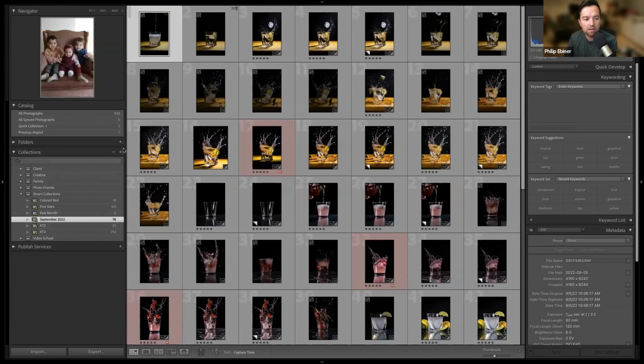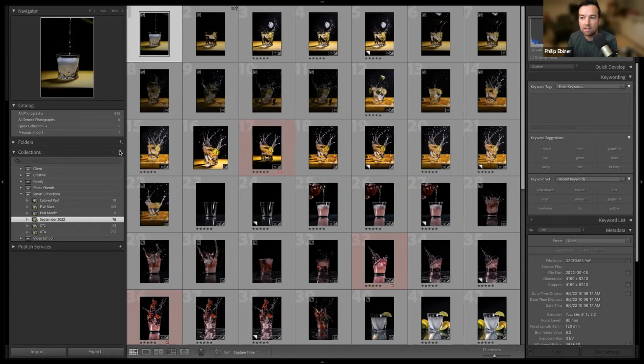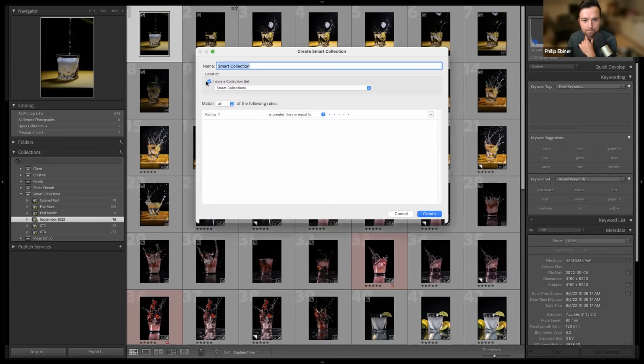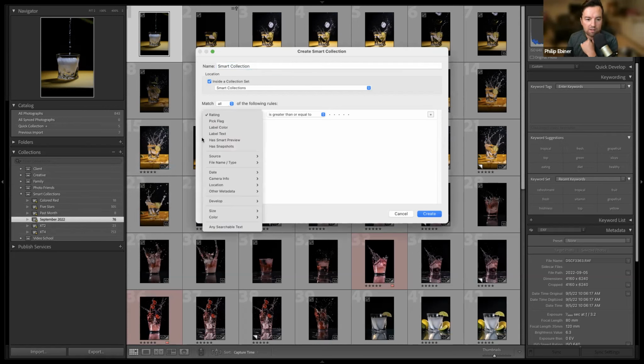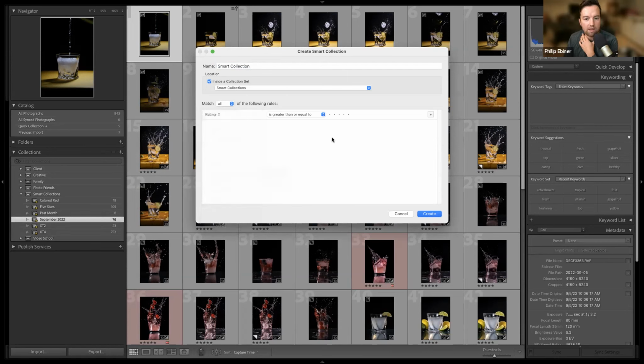Or you can set it up so that it automatically brings all your photos in by month. So at the beginning of the year, what you could do is set up a smart collection, which you do by clicking the plus button, saying create smart collection, and then choosing what filter you want. Date, for example, and say capture date is in the range from January, let's say,